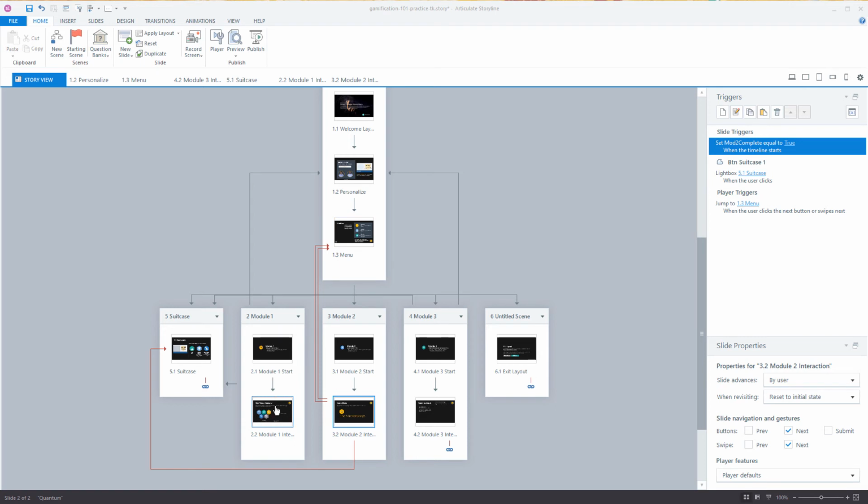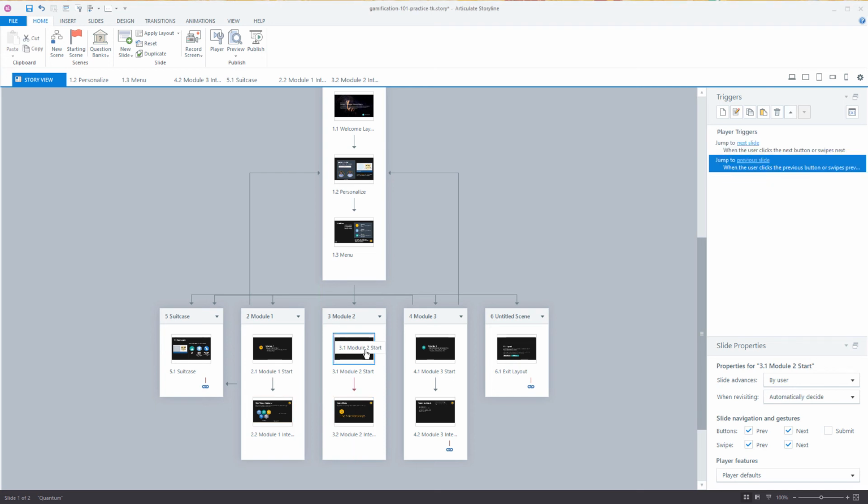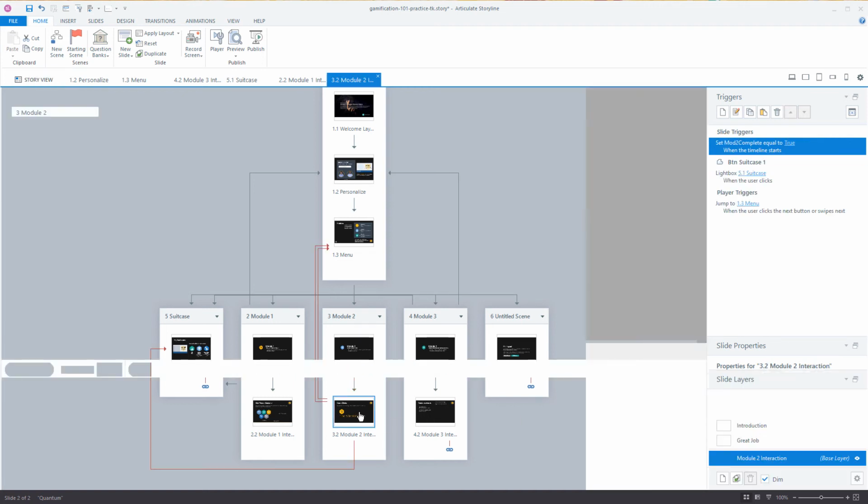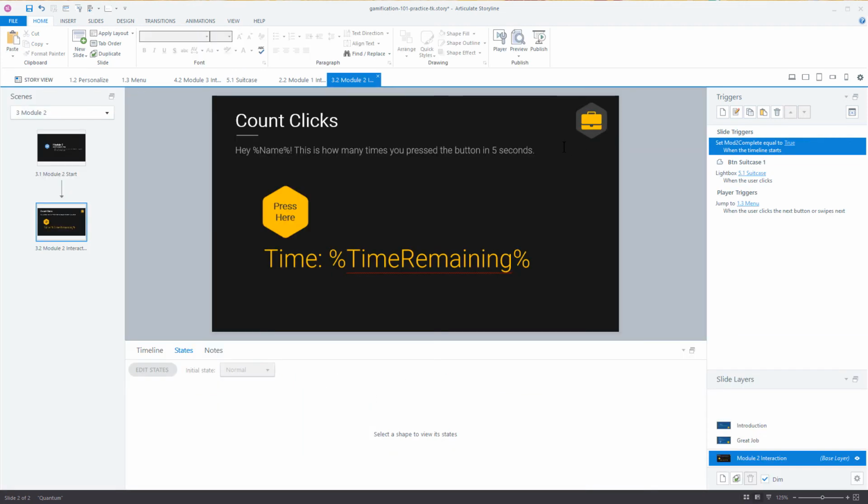When it's complete, we come back here and we'll see that this one's unlocked, and now I can go to module 2. So we're going to look at module 2. This is just going to the next slide, so just the intro slide. We're going to come to module 2. Now module 2 is a little bit different here, and